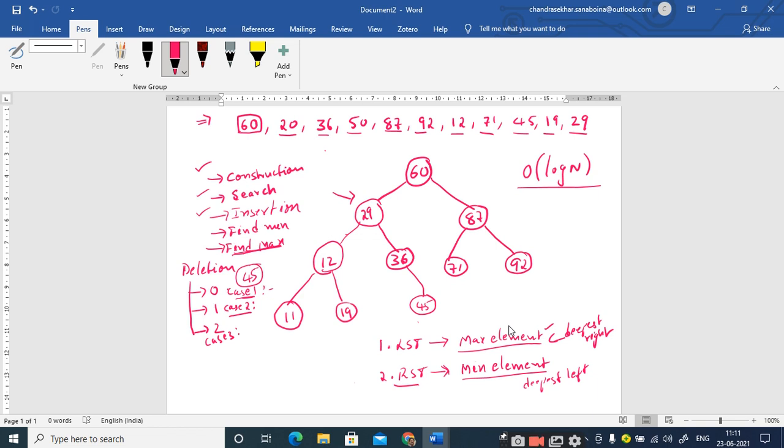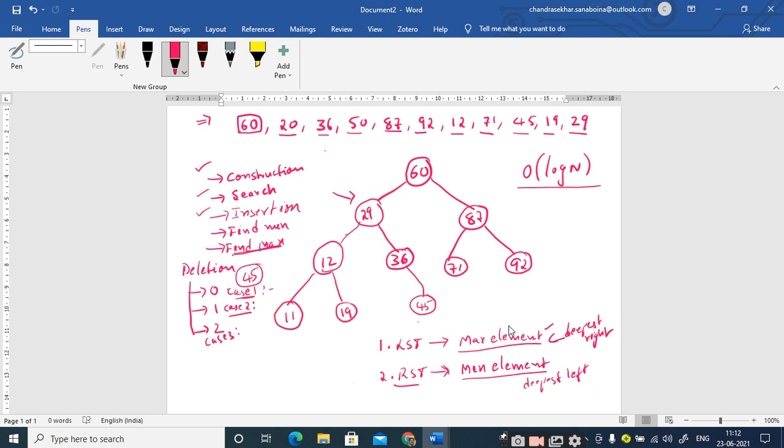Is it clear? So the deletion operation is somewhat complex, where you need to delete a node with 0 child, which is a simple thing. You go to its parent and modify the left pointer or right pointer with the child node address. That's it. And case 2 is the deletion of a node with 1 child. In this case, you have to link the child's address with the grandparent's, right? So you remove the parent's address from the grandparent's address part and you replace it with the child's address. That's it.